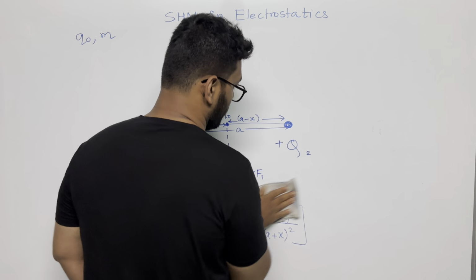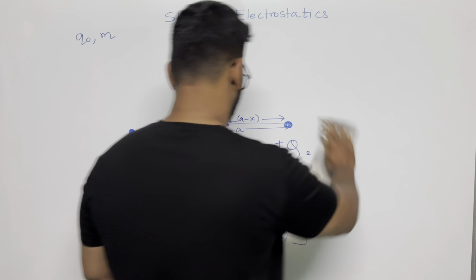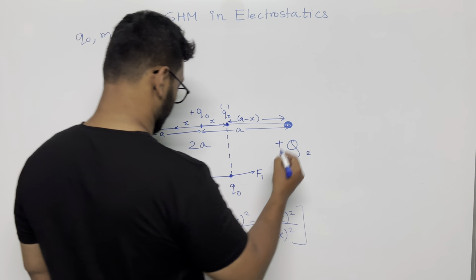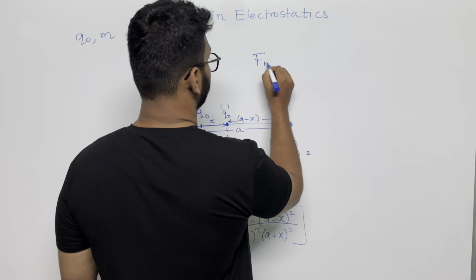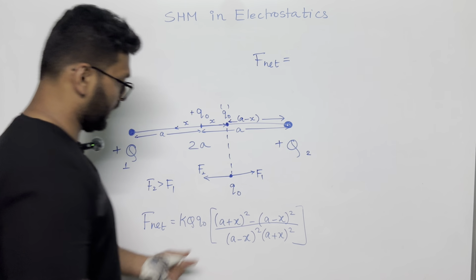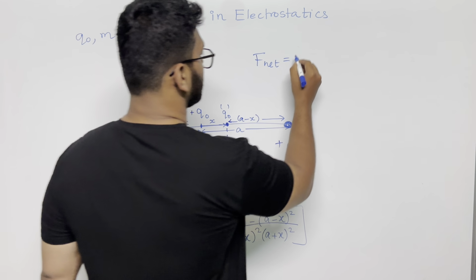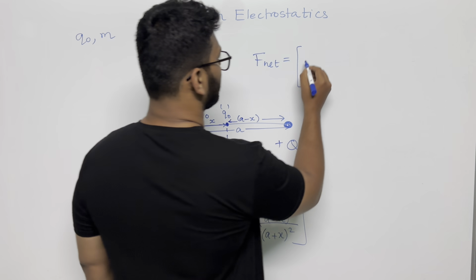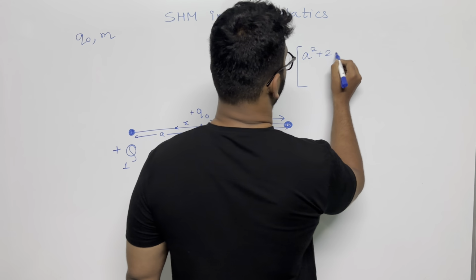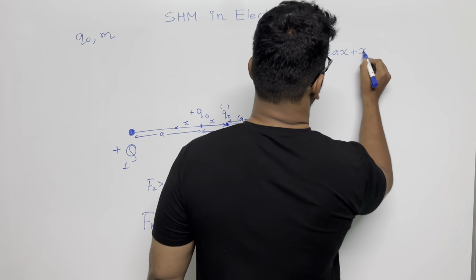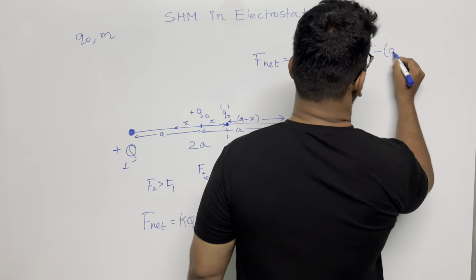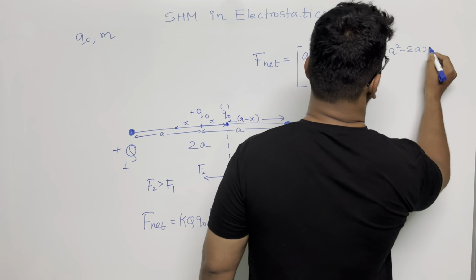So let me erase this one and write over here again. Okay, so this will be F net is equal to, if I expand this, it will be, okay, Q0 is later, we will write it later, no problem. a square plus 2ax plus x square minus a square minus 2ax plus x square